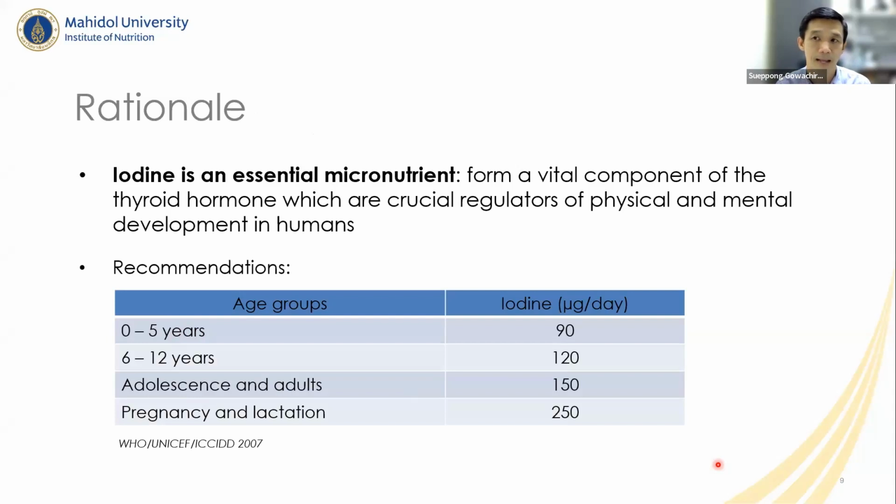So here is the chart from WHO and UNICEF ICCIDD from 2007, which presents the appropriate amounts per day for each age group. You see that the unit is microgram, which is very small, but still it's essential. Children under the age of 5 would need 90 micrograms. Ages 6 to 12 would need about 120. Adolescents and adults would need about 150,